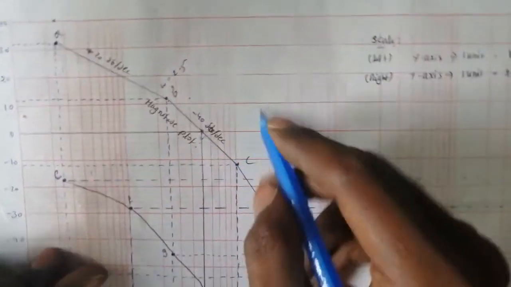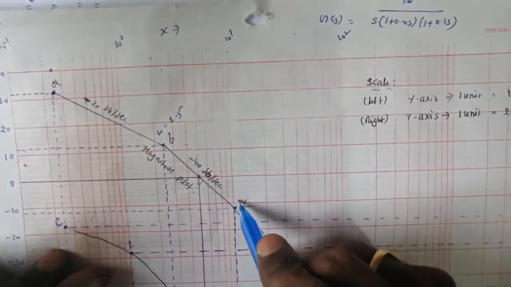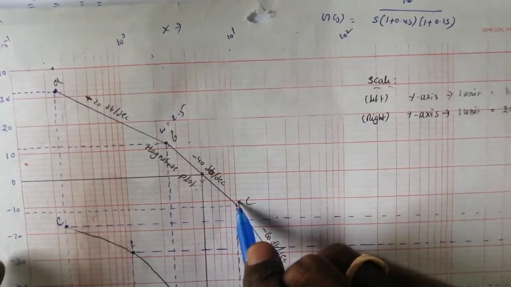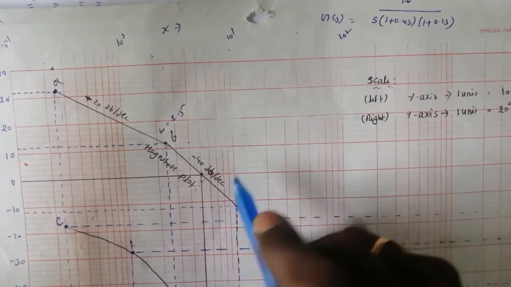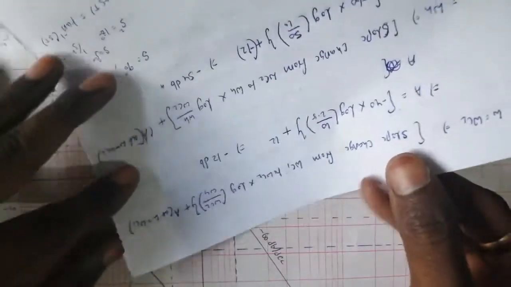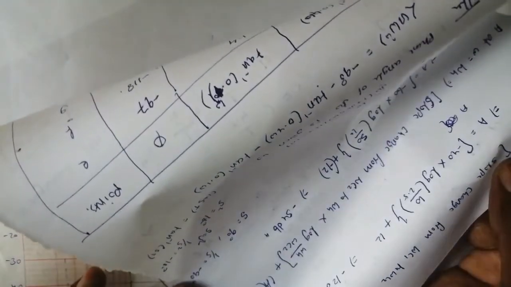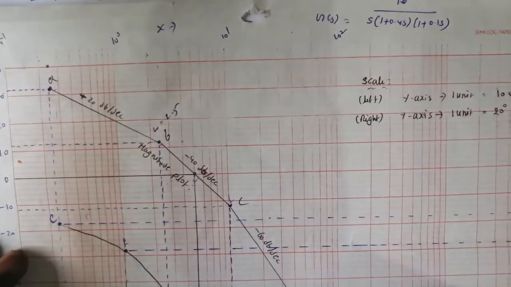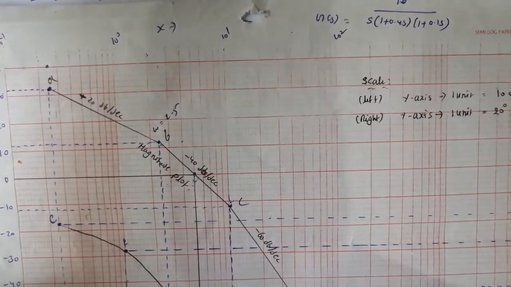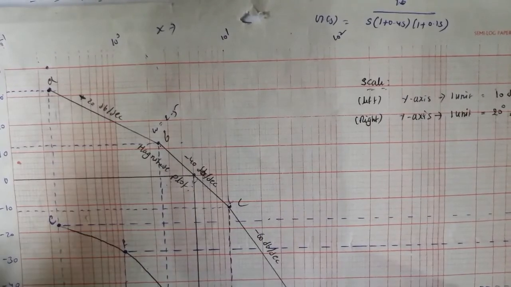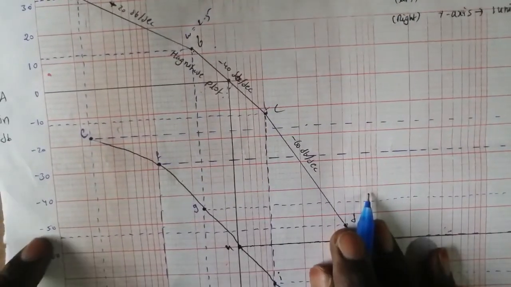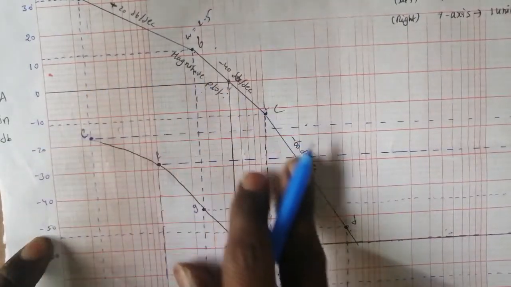Next, when omega is equal to 10, this is exactly 10 here, and we obtained minus 12 here. So minus 12, I think. The next one is when omega is 50, we got minus 54, I think. So this is the point at 50, where I got minus 54. This is the way of drawing the magnitude plot.